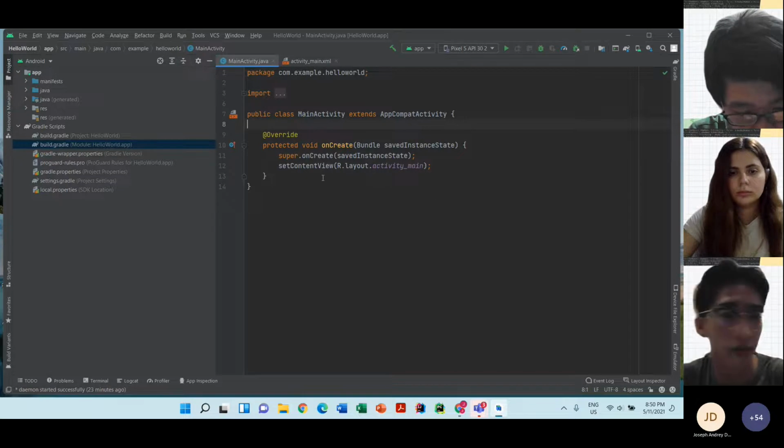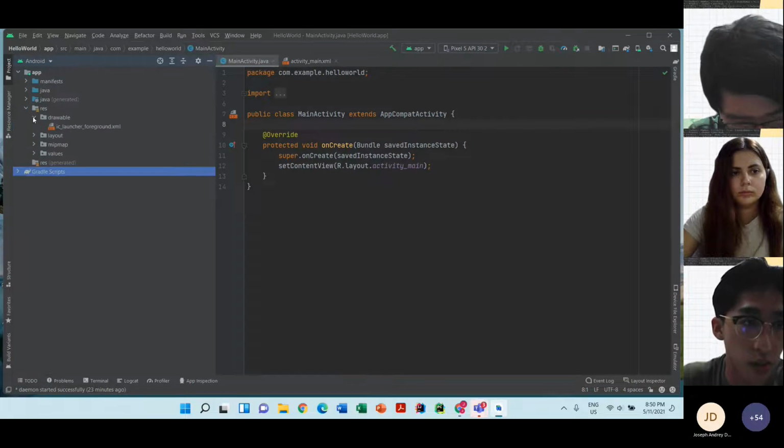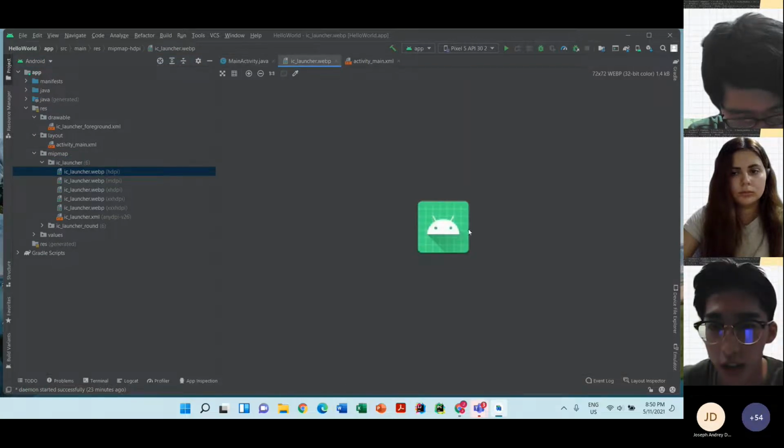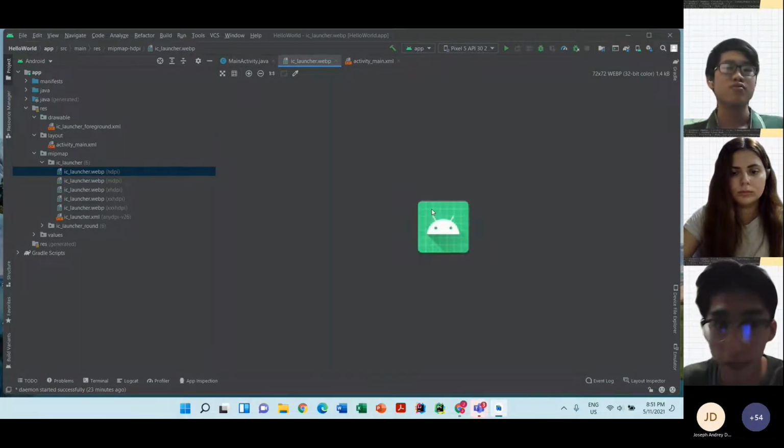Right now, we will change the logo for this project, because the project is currently using this image. When you run the application, the logo of your project is this. We want to change it to our iDiary app. So how are we going to change it?